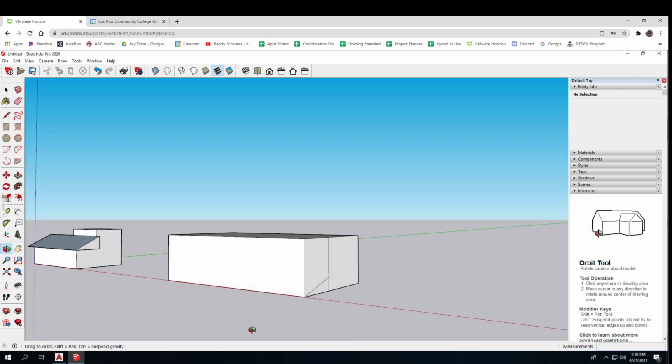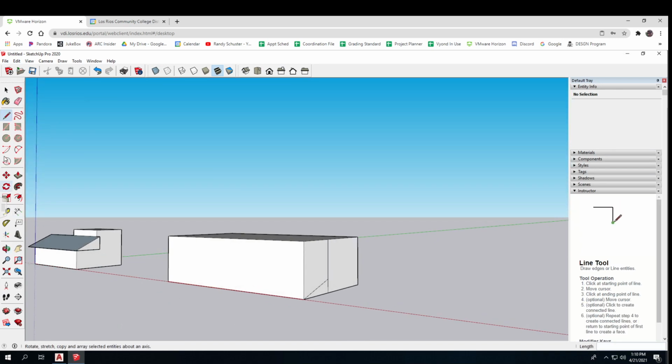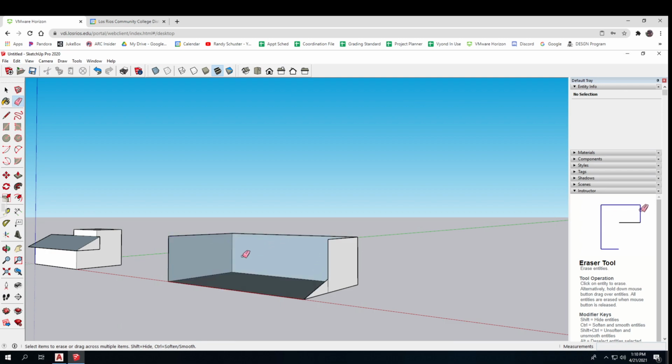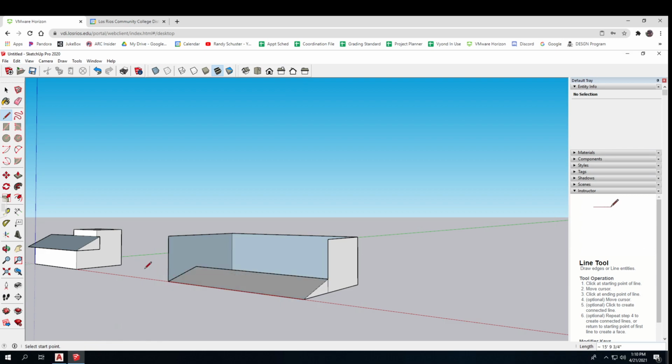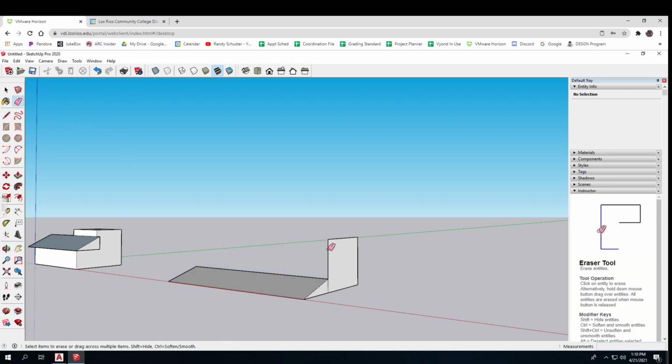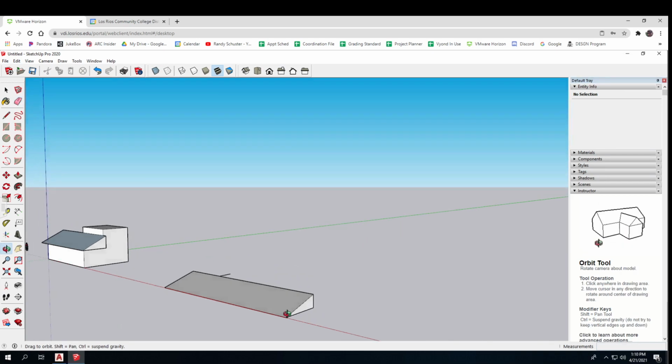And so if you know what your slope is and you can work with it, then you can make that your roof and make it a component over here if you know what your roof is. So if you know what your roofing components are,